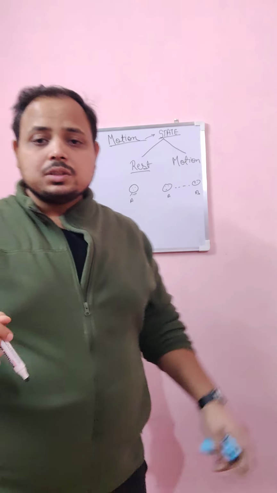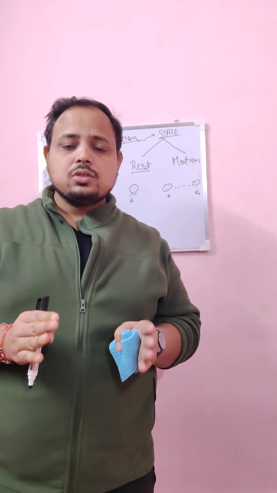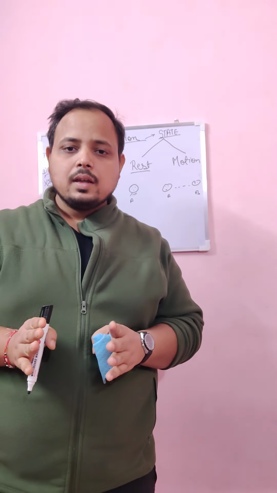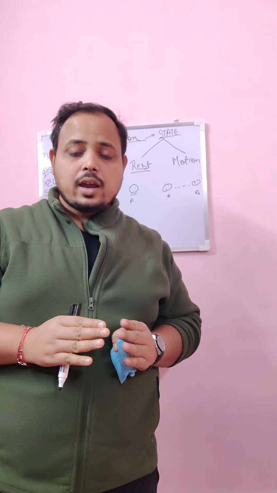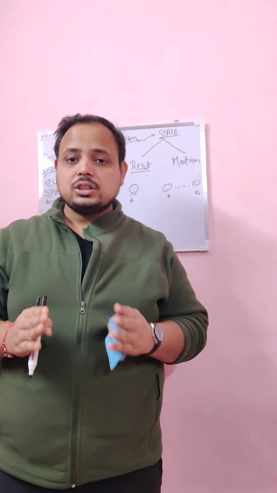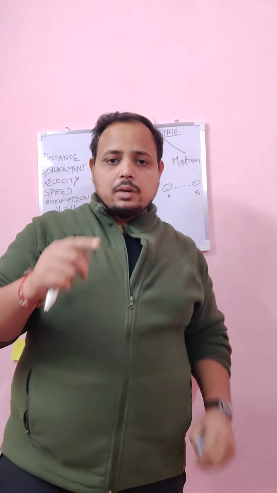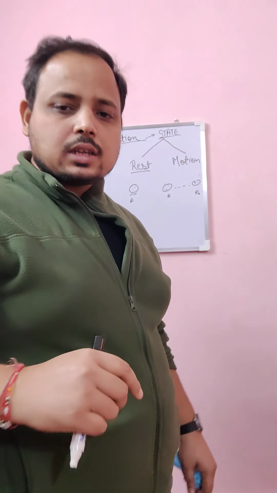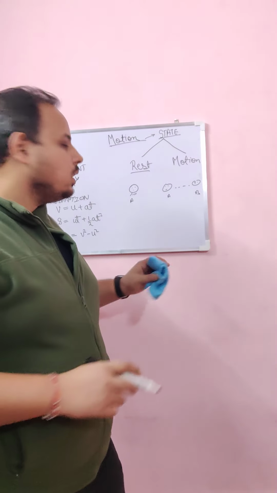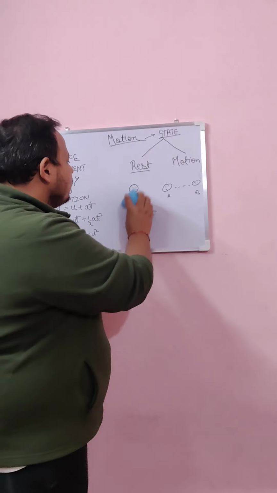So, what is state of rest? When an object is not changing its position with respect to time, it is known as state of rest. And what is state of motion? When the object is changing its position with respect to time or any other reference point. We will be discussing this in a detailed video in the next class. So for now, I think you have learned this. So moving further,